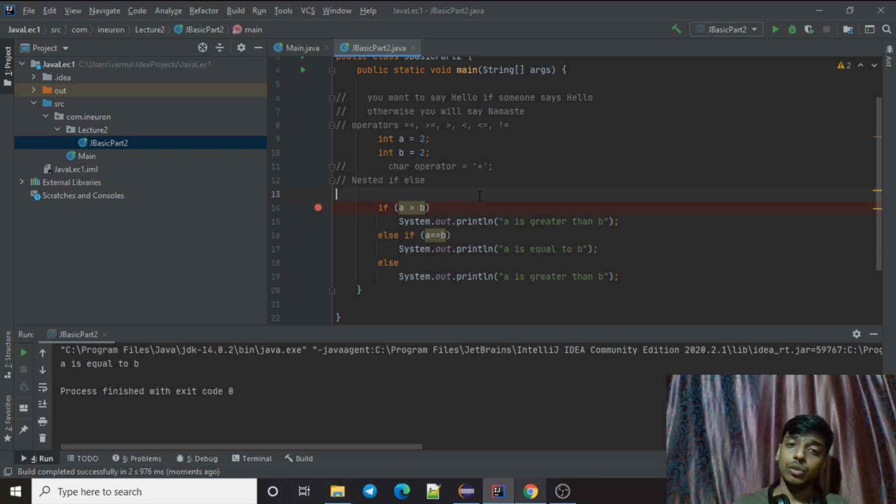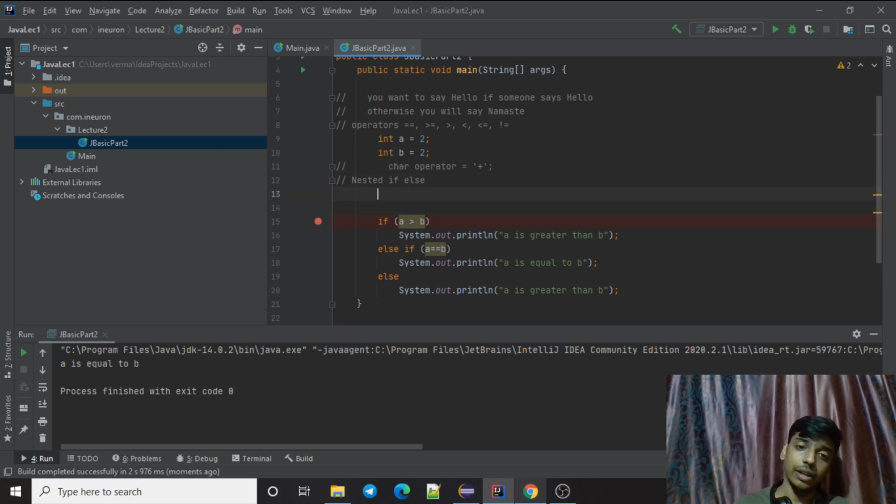If you want, you can create a calculator with just using these if else and these variables and whatever we have learned so far: if else statement, variables, taking input from the user, and operators, right? You can use all these four things and create a calculator. Let's build a calculator, right?